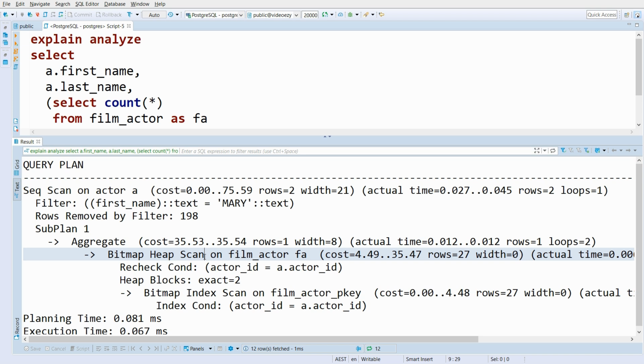But it's quite slow if there are a lot of matches in your table, because it generates lots and lots of random disk access as you pull out different records from the table. What a bitmap scan does is it fetches all those different pointers from the index in one go, and it sorts them in the physical order that you would actually walk through if you were pulling these from disk. Accessing files from disk sequentially is a lot faster than just doing random access, and so the bitmap scan improves the locality of the references to the table, but it just adds a little bit more in terms of overhead